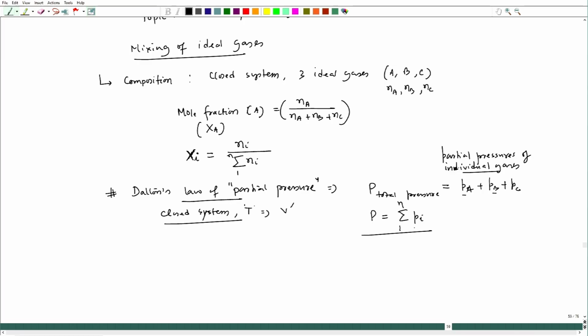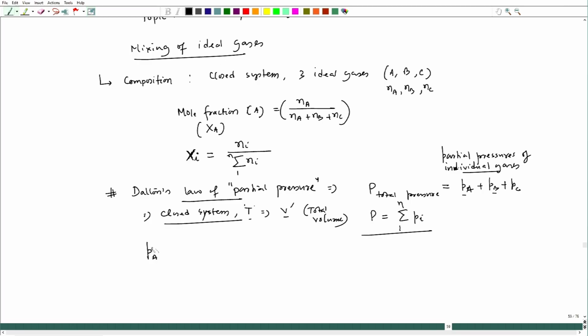Okay. So, this is Dalton's law of partial pressure. Now, if I try to look at this, we can relate the partial pressure with reference to the composition of each component gas. In fact, this is the total volume, and this is at temperature T, then I can find out